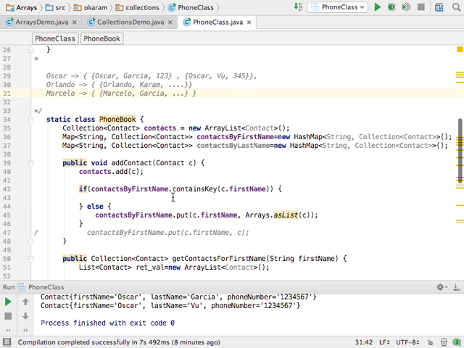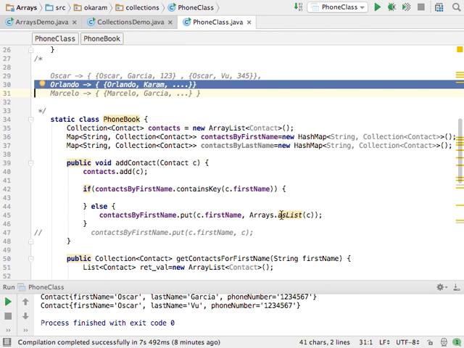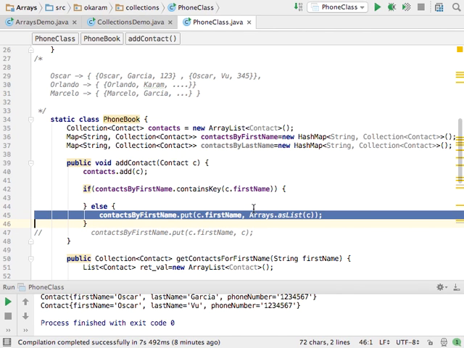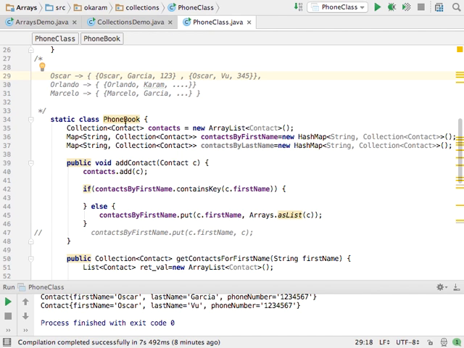So in order to add it, I need to first go see if it's there. Initially it's not going to be there, so I need to add it. So I add a list containing that contact. When I add Oscar Garcia, this is what's going to happen. When I add the next one, the same thing happens, and now I have this. Now, if I already have an entry for Oscar, I need to add the entry to the already existing list. So I need to do